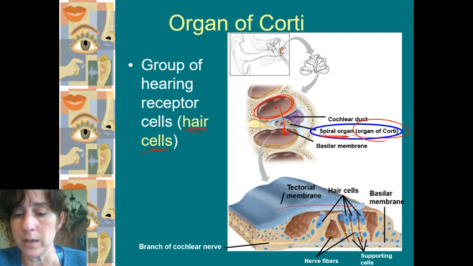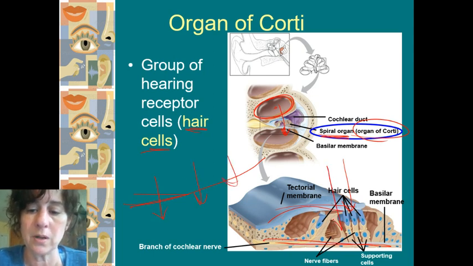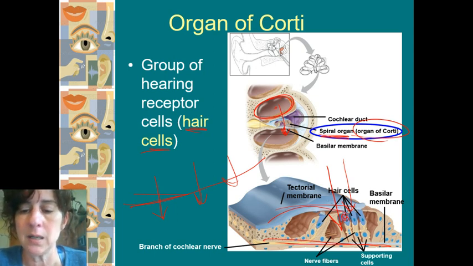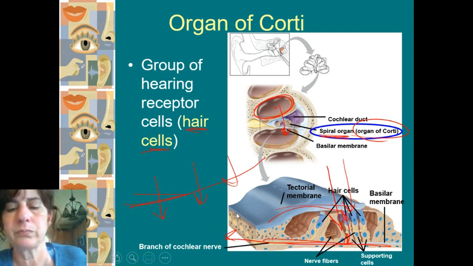So here are our membranes, right? The basilar membrane up here with the cells. As that sound passes, and depending on where, so I've got this long tube for the cochlea, depending on which part of the membrane it passes through, that's going to determine pitch. Those hair cells get stimulated. They send information to the nerve. The nerve then sends it out from the cochlear nerve to the auditory nerve, and that becomes that cranial nerve, the vestibulocochlear nerve.